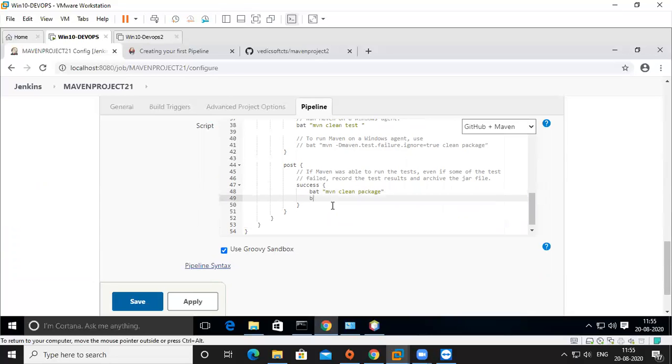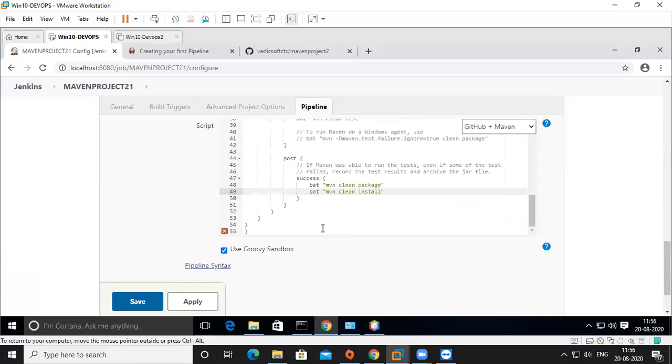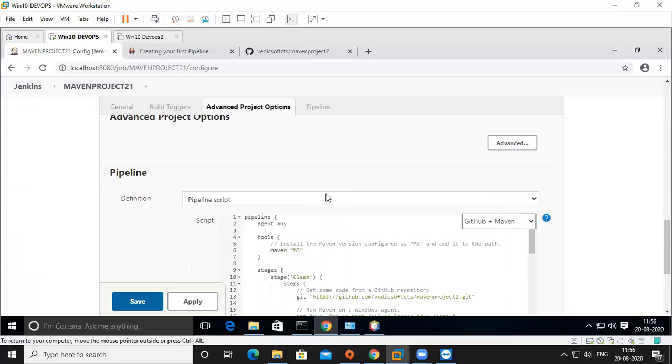I'm declaring both things. So bat in quotations mvn clean install. We'll see if there are any errors. It is showing an error, expecting something on our side. So then we have to check completely to find where we made a mistake.